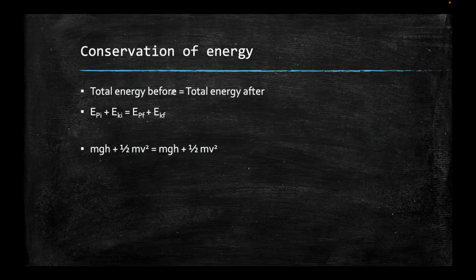So, total energy before is the total energy after. Potential plus kinetic equals potential plus kinetic. So obviously in the last case, the kinetic was 0 to start with, and then the potential became 0. So that was 12, and this was 12. So that's what happened in the previous example. You can do it like this. You could write out the formula like this if you like.